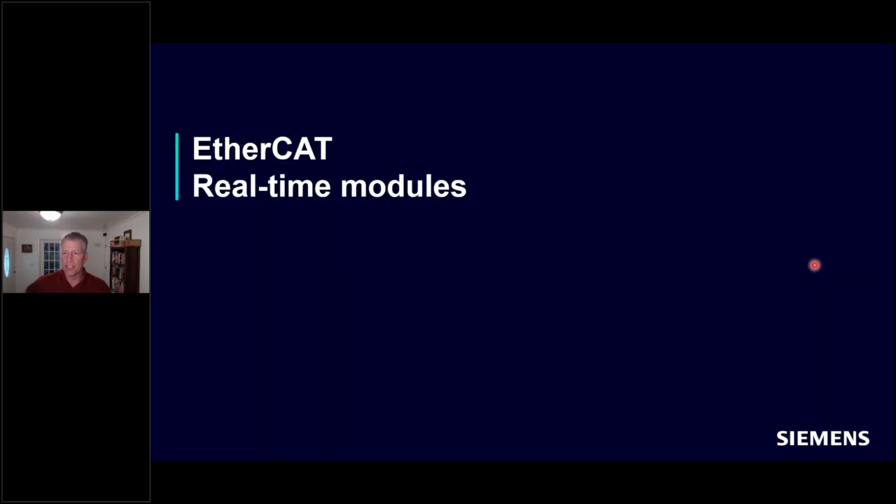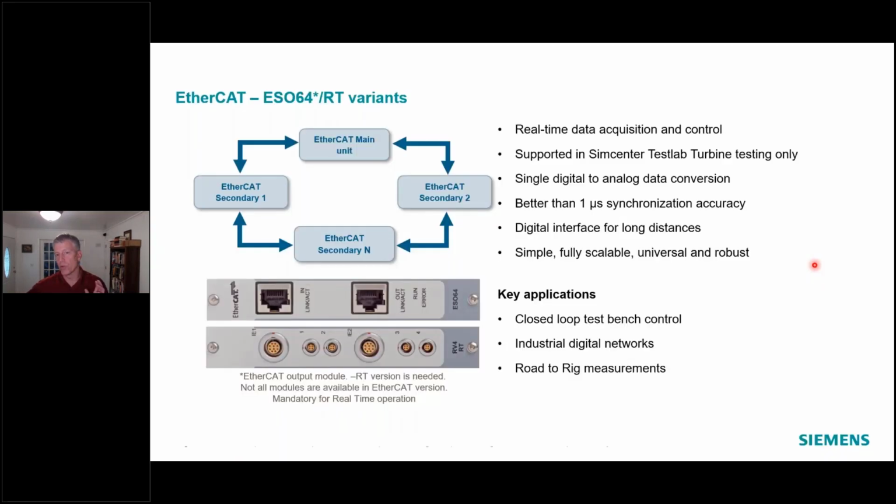Another thing I wanted to at least mention and have one slide on is probably a fringe use case, but I found a few customers were surprised that we offered this. If you're familiar already with any type of network communication protocols normally used in manufacturing facilities, Modbus, EtherCAT, there's a few other ones out there, we do have a very specialized module available for SCADAS Lab and SCADAS Mobile called the ESO64 EtherCAT module.